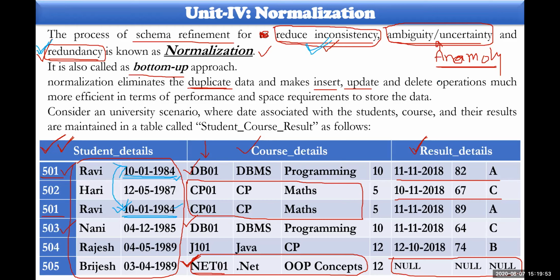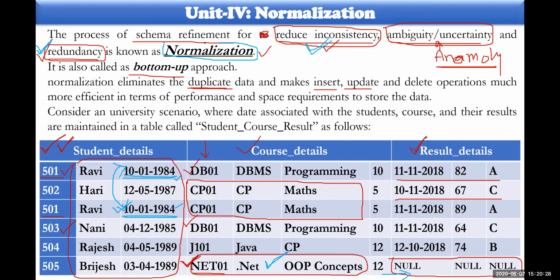Uncertainty means, here you could consider one particular person has joined one course and this course doesn't have any specifications for examination. He joined here, but he did not take any examination, because there is no question paper, nothing is there, and it was not scheduled. This particular kind of data is called uncertain data. If the situation can be seen in this way, then you require normalization.